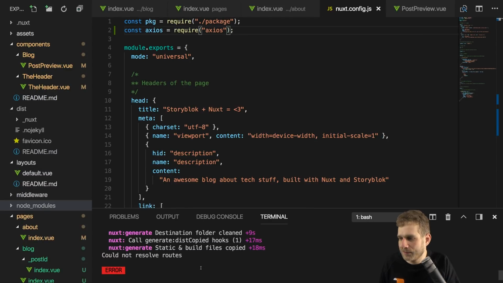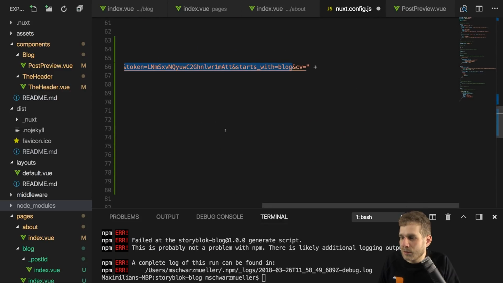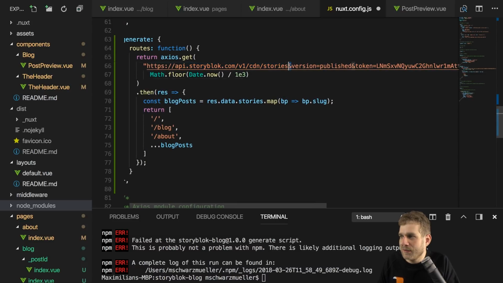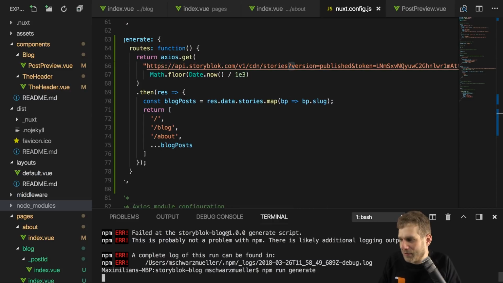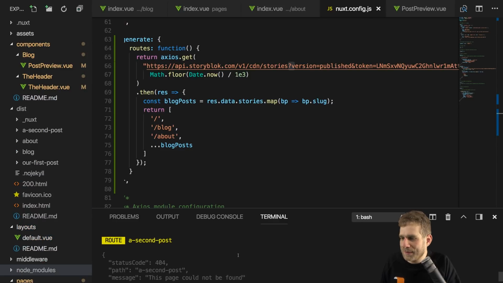Still we get an error. Could not resolve routes. Let's see what's wrong. We got a typo in that URL here in the Nuxt config file. There should be a question mark after stories before version because it's the first query parameter. So now with that, if we run npm run generate again, now this is looking a bit better, though we